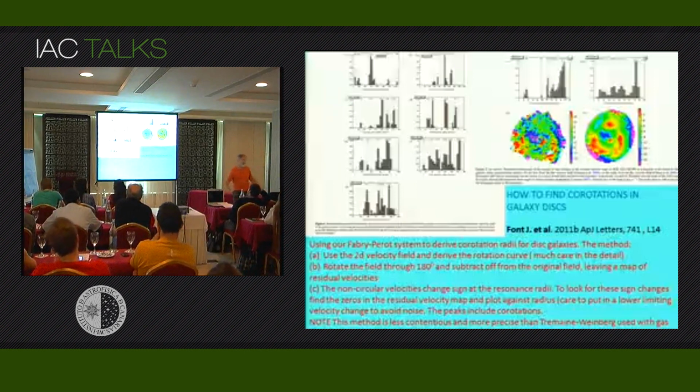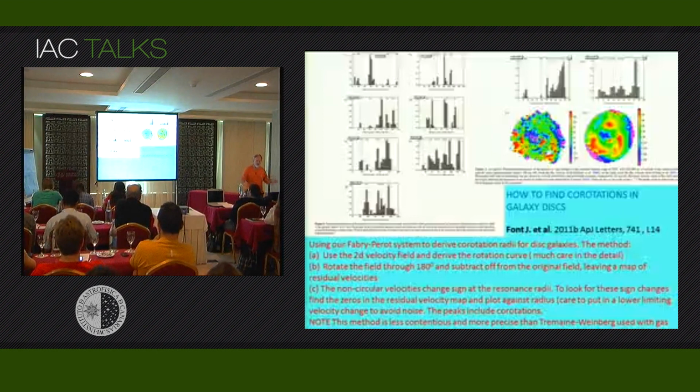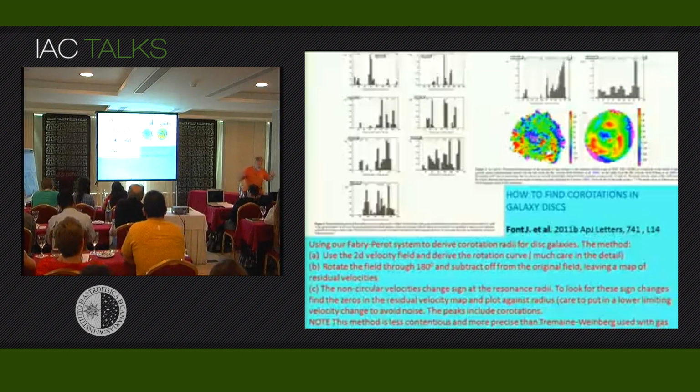And then another thing is to find resonance structure in galaxies. James Binney is working his way to explain the basis of resonance structure, and we know that resonance structure is important. The density wave theory in its various forms, more or less sophisticated, implies a co-rotation radius where the pattern of the density wave and the actual material are rotating at the same angular speed, and then other resonances, couple resonances, and one of the ways in which you can find these resonances is by using the famous Tremaine-Weinberg method,